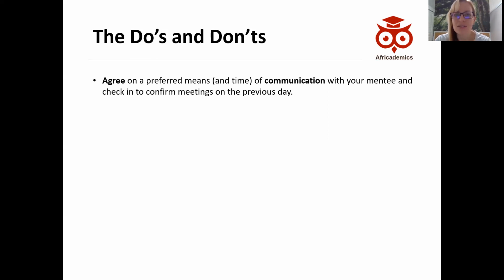Because the thing is also, once you give out your WhatsApp to your mentee, then they will contact you at times when it's maybe not so convenient for you. And then you might look at the message, you're like, okay, I'll reply later, but then other messages come in and you forget, and so on and so forth. At least that's what happens to me, because I use WhatsApp a lot for work. And it's sometimes very difficult, because unlike your email inbox that you look at and then you go through it email by email and you reply to them, with your WhatsApp, it's all a bit muddled up, and then there's your friends in there, and then there's your mentee in there.